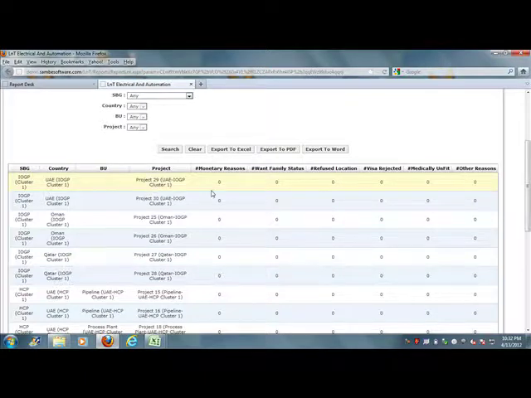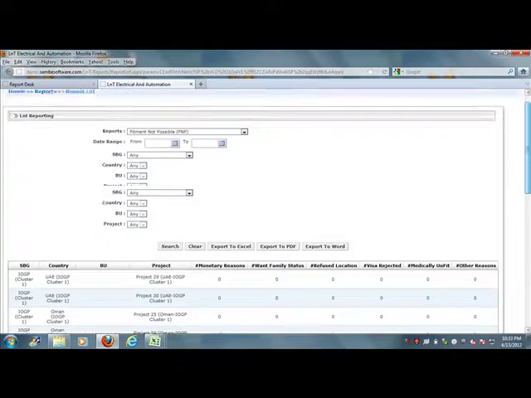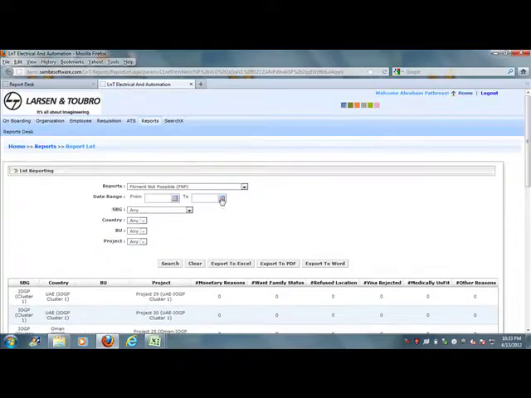The reasons are: monetary reasons, number of family status, number of refused location, visa rejected, medically unfit and other reasons. The first 3 reasons, that is monetary reasons, family status and refused location, this count will come from the offer letter, and the remaining, visa rejected, medically unfit and other reasons, will come from the onboarding process.